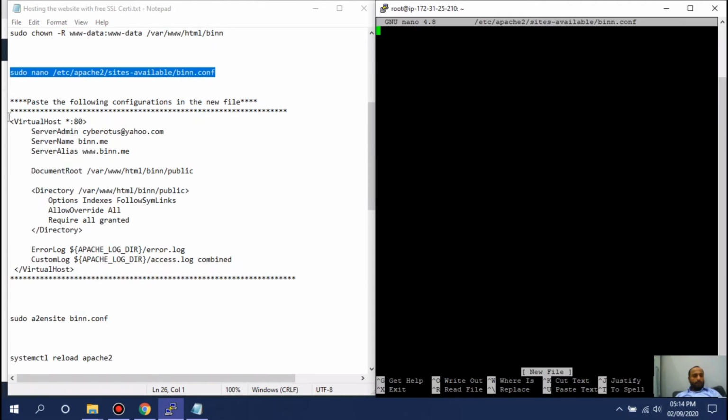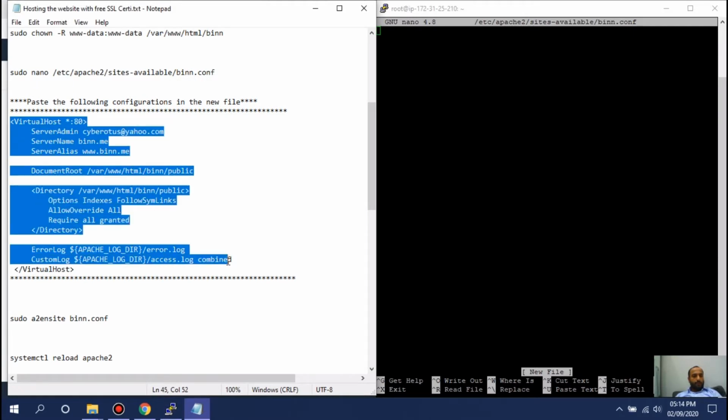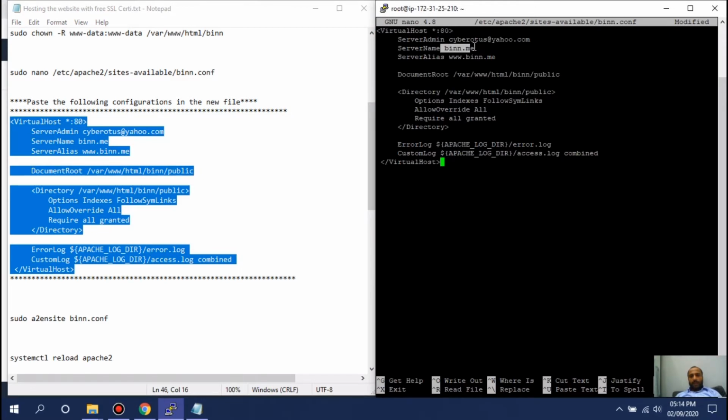Okay, here you will paste this virtual host. So basically you're creating a virtual host. Paste it. Make sure you enter your own correct domain name. Okay, you don't have to enter these details, you don't have to enter this email address. You have to enter your own email address, a real one, because if you want to get your SSL certificate for free, Let's Encrypt will email you. So you need to enter your own email address, your correct domain, and here your correct domain, and here